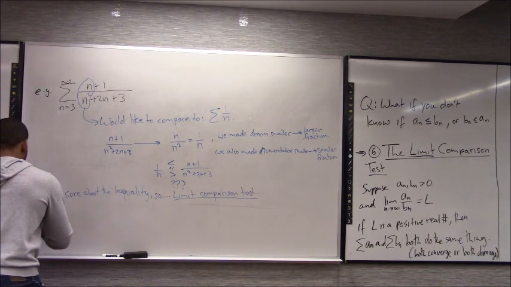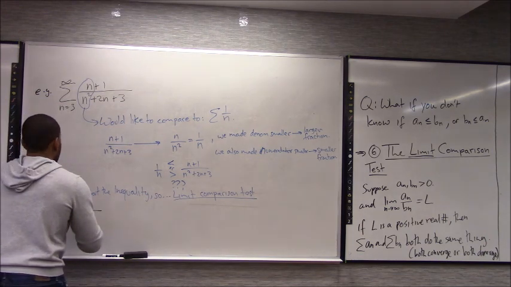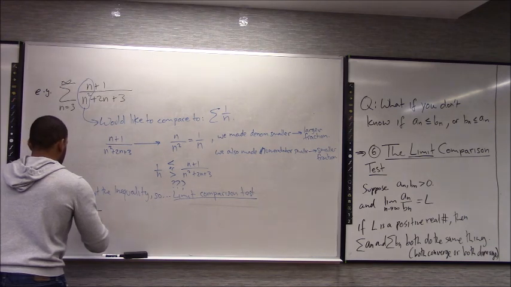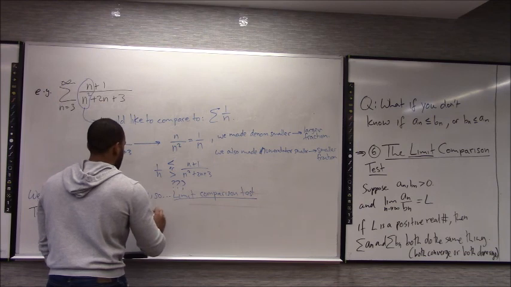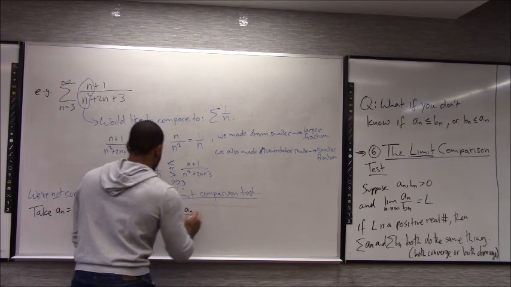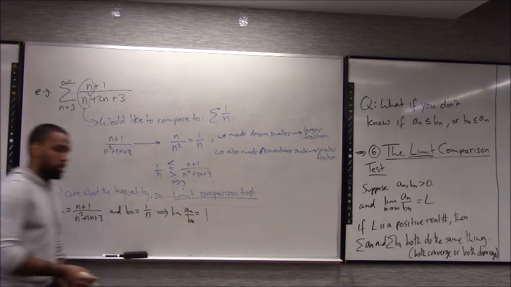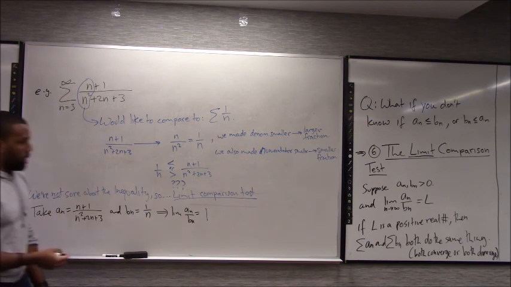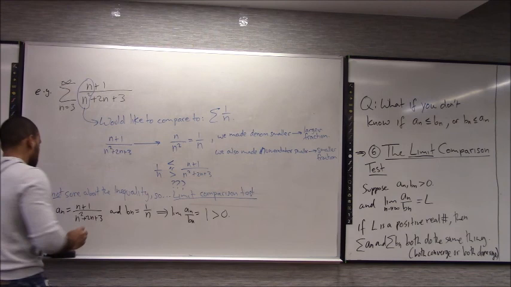Take a_n equals (n + 1) over (n squared + 2n + 3), and b_n equals 1 over n. Then what is the limit of a_n divided by b_n? It's actually 1, the ratio of the leading coefficients. 1 is a real number that's greater than 0. So, conclusion,